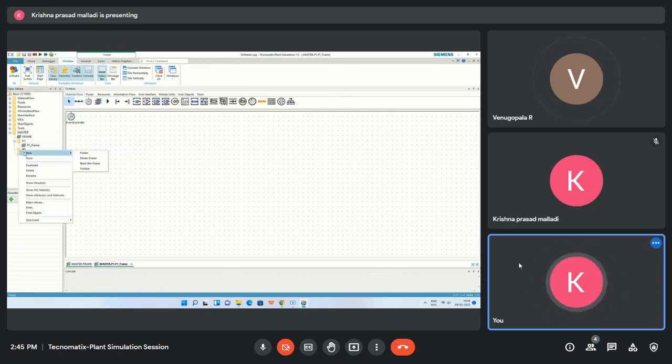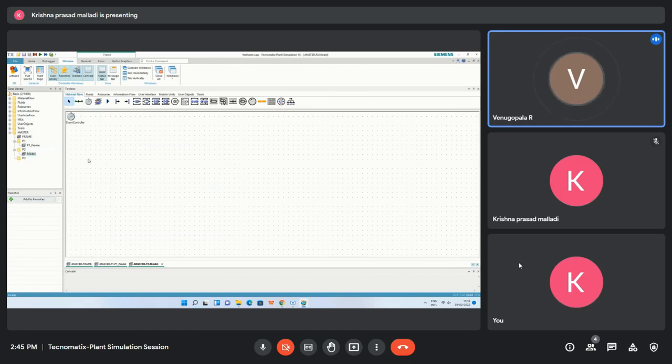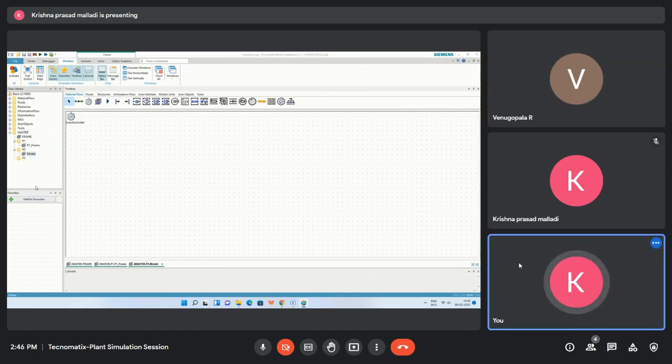Similarly with P2: right click, create a frame, right click, rename, P2 underscore frame. Same with P3: right click, new, model frame, and this will be called P3 underscore frame.